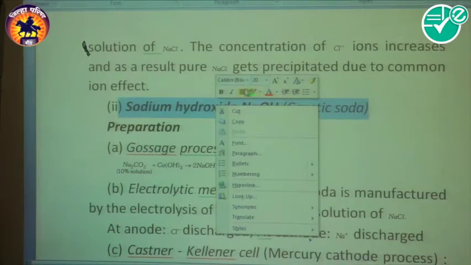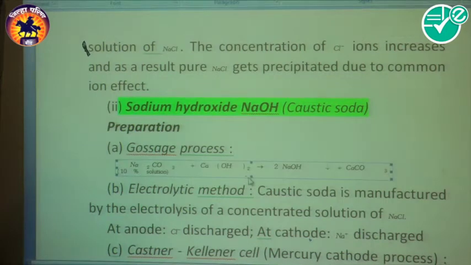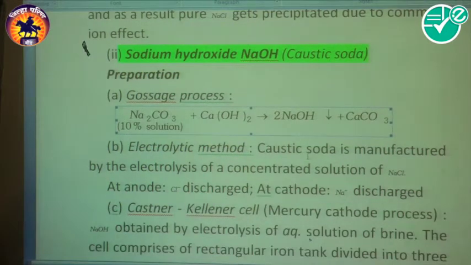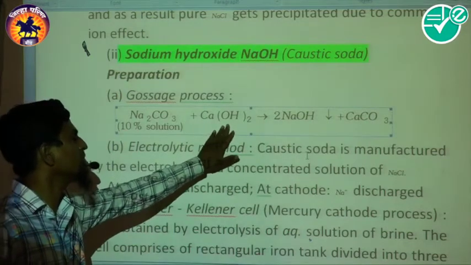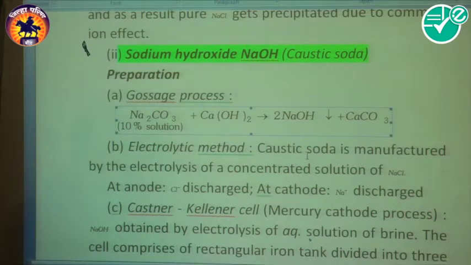Sodium hydroxide, also called caustic soda. Now how is it prepared? When sodium carbonate is treated with lime water, that is calcium hydroxide, it will form NaOH. But at the industrial level, it is prepared with the help of